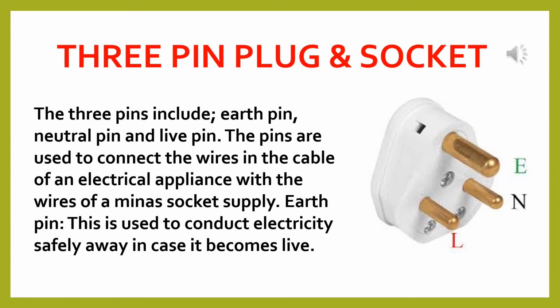An electric appliance is provided with a cord, the other end of which is connected to a 3-pin plug top. With the help of this, the appliance is connected to the electric supply. The plug top is inserted in a 3-hole socket. The inner walls of these holes are made of metal. The bigger hole, E, on the upper side of the socket is for earth connection, E for earth, while the hole on the right side is for connection to the live wire and the hole on the left side is for connection to the neutral wire of the electric supply.